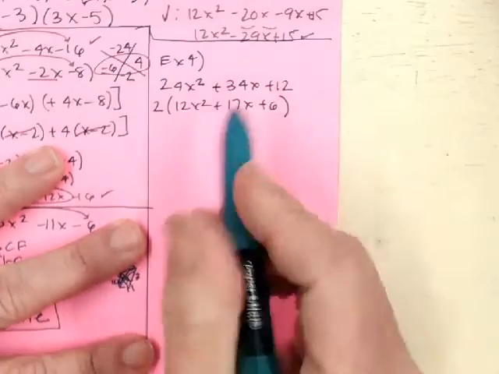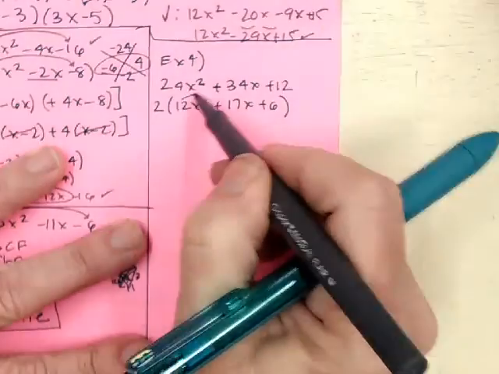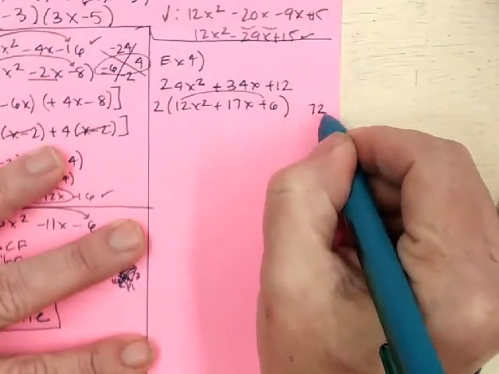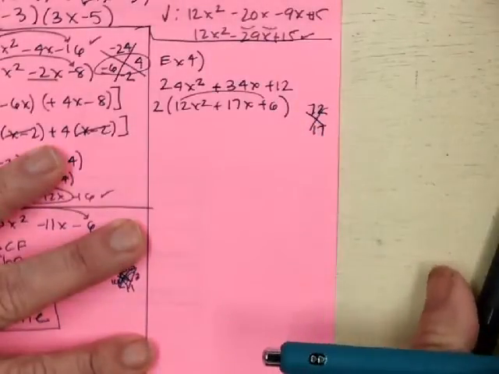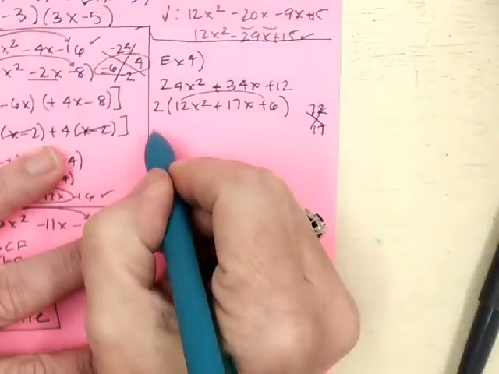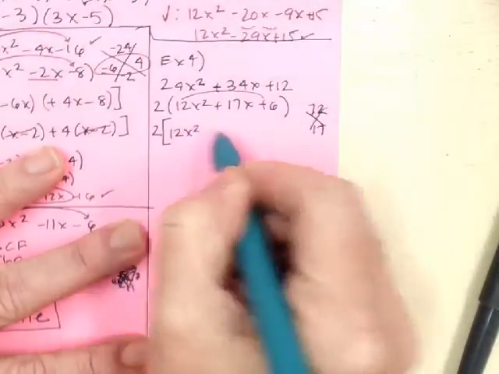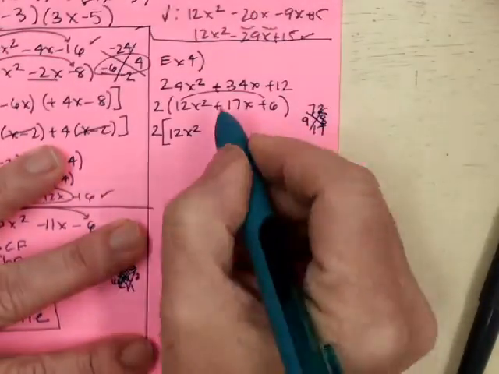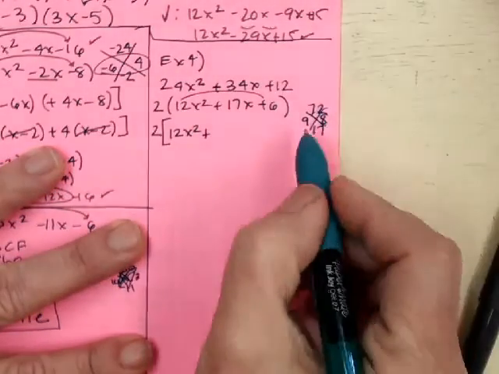So now I've got to multiply. Ooh, that was a magic trick. 12 times 6 is 72. So things that multiply to give me 72 and add to give me 17, however you need to do it, calculator, brain, whatever. So that's going to be 12x squared, and this is going to be 9 and 8. So 12x squared plus, it really doesn't matter how you arrange these things because they both have